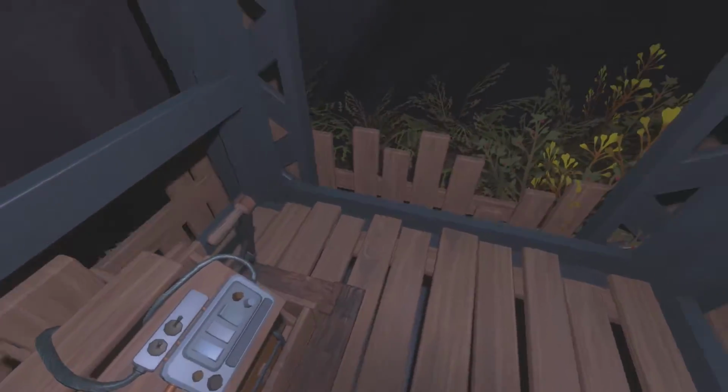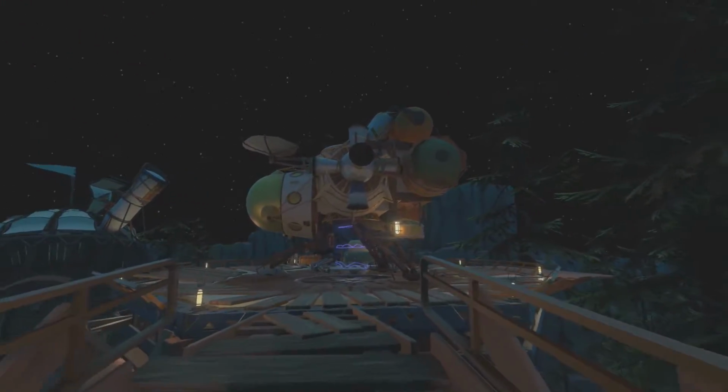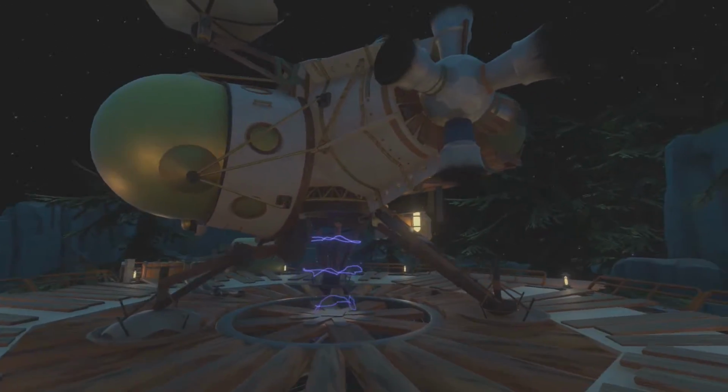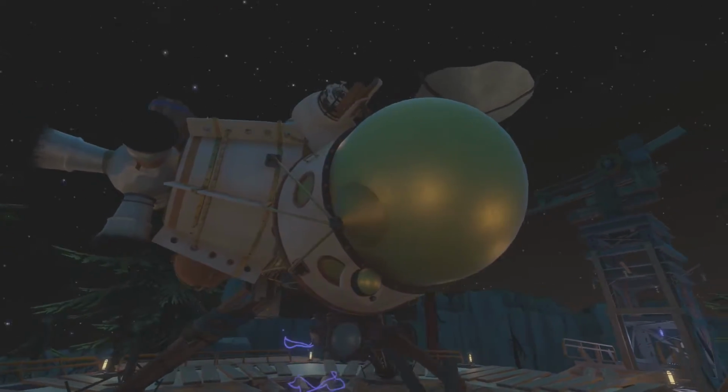Hello everyone, I am the Lore Explorer, and this is a short video looking at the ships of the Outer Wild Venturers. I'll try to take a guess as to which order each one of the Hearthian explorers took off. To start the video off, we can look at our ship,